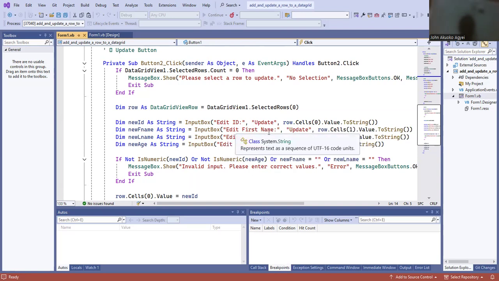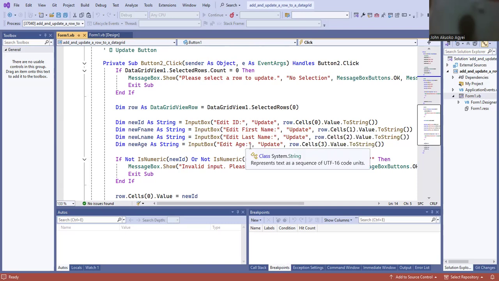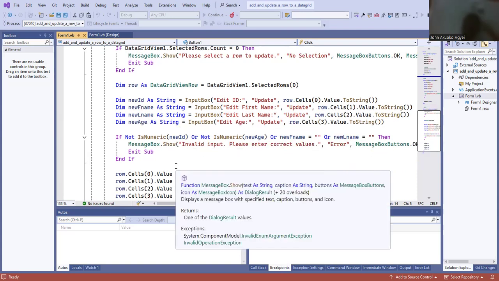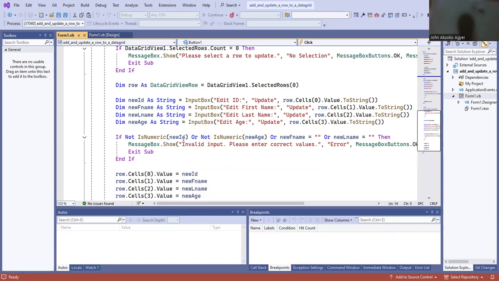The user can change the existing one and press OK, and it follows in that manner, adding the last name, the age, and if the new changes the user has made, if the user entered numbers for both the new ID and the new age,